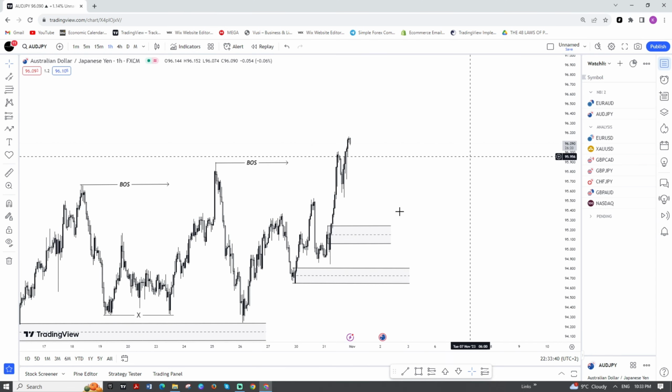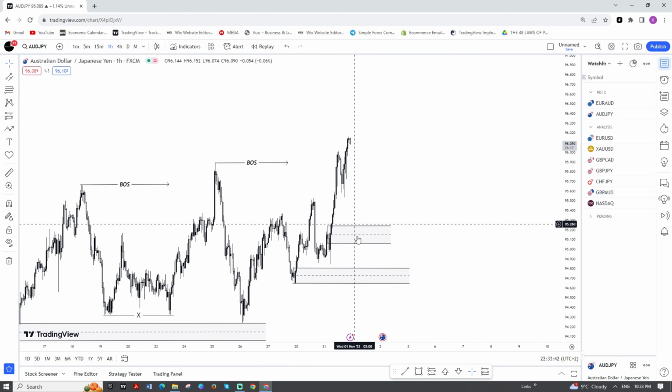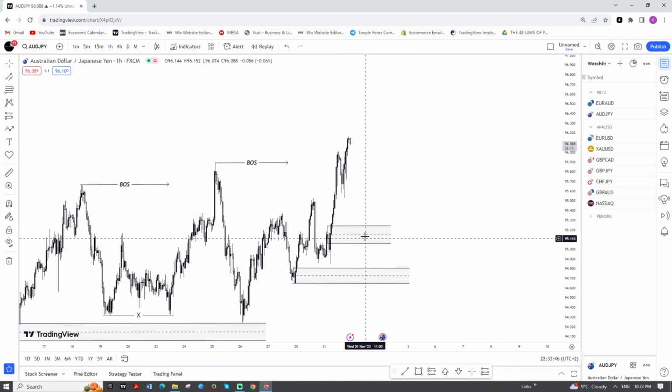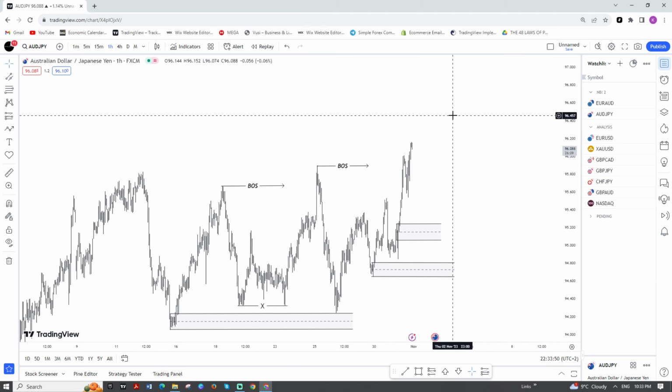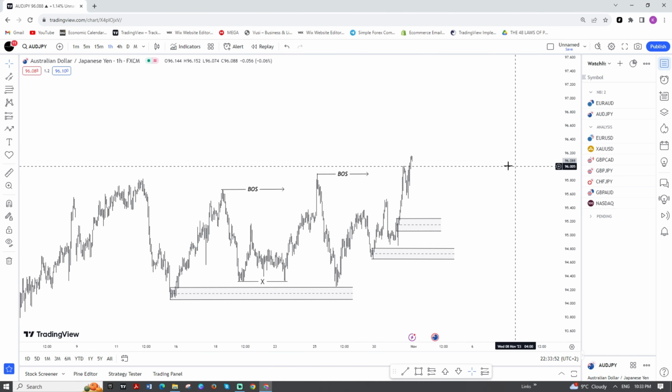But what I'm really hoping for is for price to either come or reverse on either of these order blocks right here, on either of these order blocks. So I will update you, and I will post it on my story, or I will post it on the